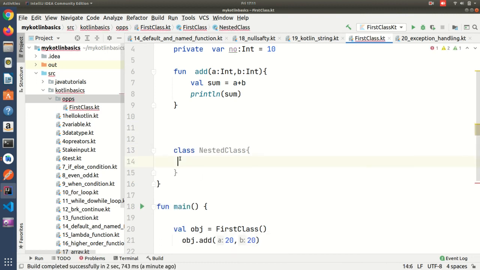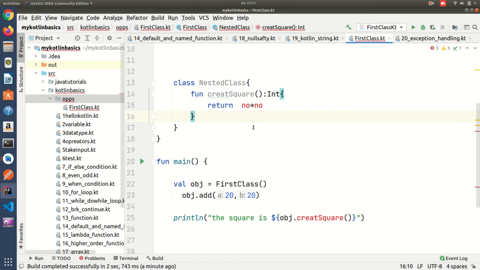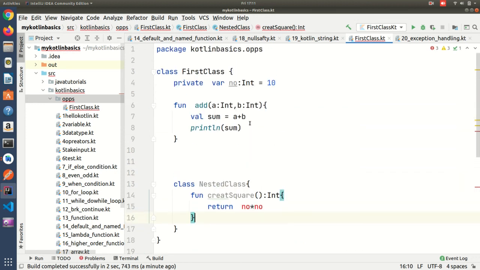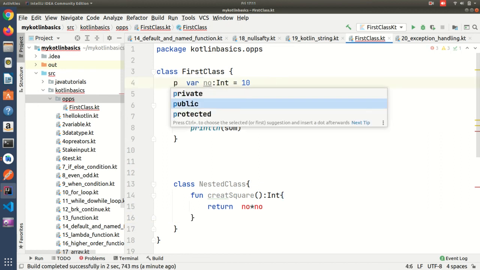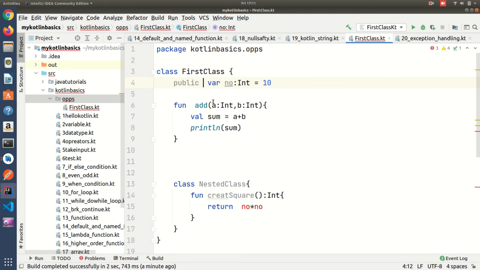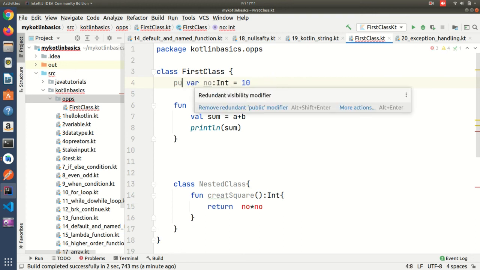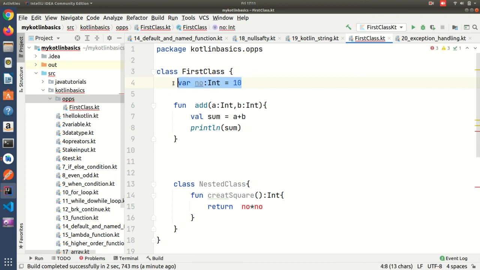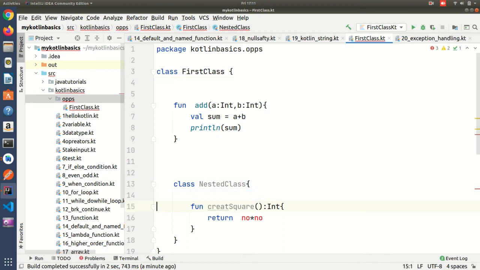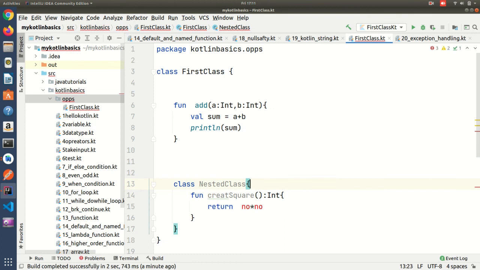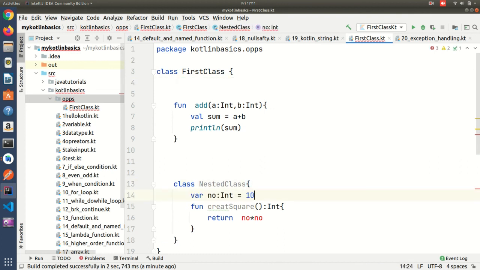Now how to achieve this? This is an outsider. Here I have written private, so I need to use public. This variable I need to create locally because it is in another class, so I need to create it locally inside. Control X and here paste.